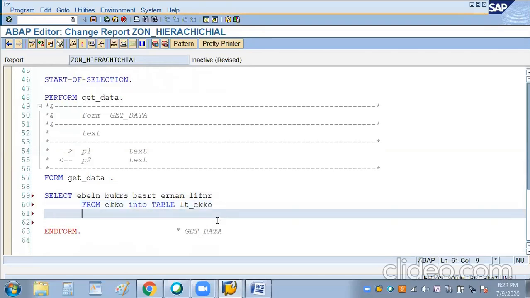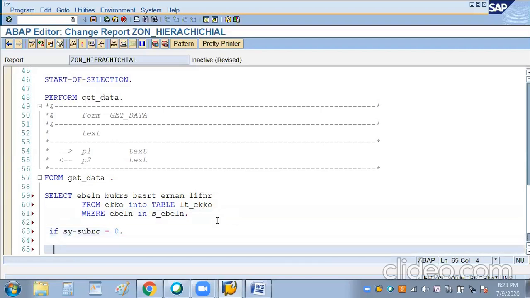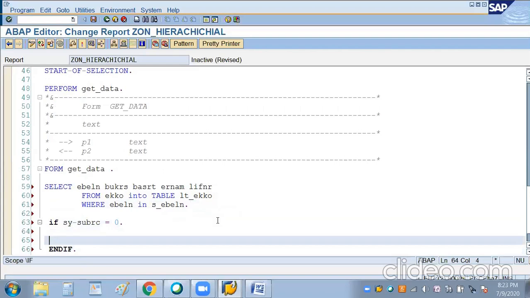On what basis are you fetching? Based on my input, right? So we have to give the where condition EBELN, that is the purchase order number. So in S_EBELN. So this is my input. Okay, if sy-subrc equal to 0, then whenever we give it, we have to print it, and then here we can write